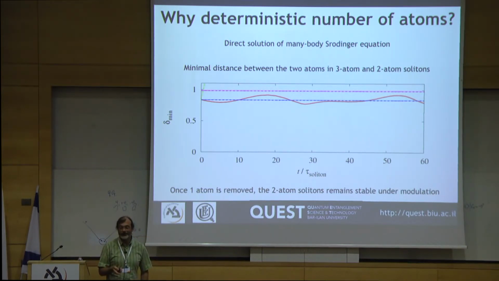Now if you modulate it, the atom goes away. And this is the trajectory of a single atom that goes away. But this simulation is made within the trap, so this atom can come back and recombine with this soliton. It never escaped to infinity. And this is why we have here, for example, again a 3-atom soliton. So this is one way to do that.